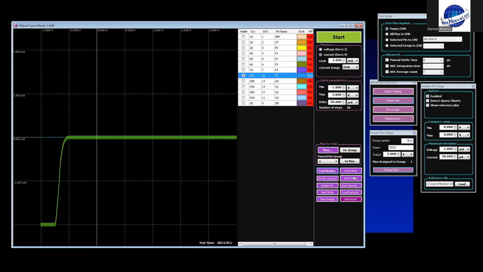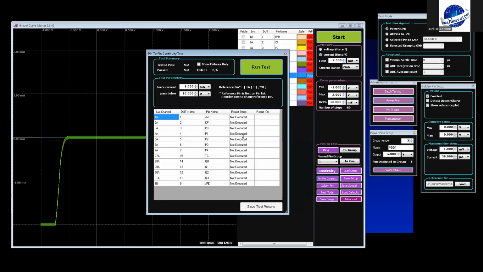Or another test is pin-to-pin connect, when you specify the pins that need to be connected together and then the maximum resistance between those two pins. And this can be used for devices when you have multiple pins connected to the same power rail, so you can make sure that all the pins are connected together. The same when you have multiple ground pins, you can measure if all those pins are connected together, or you have analog switches or anything like this, so you can measure the resistance between pins where those switches are